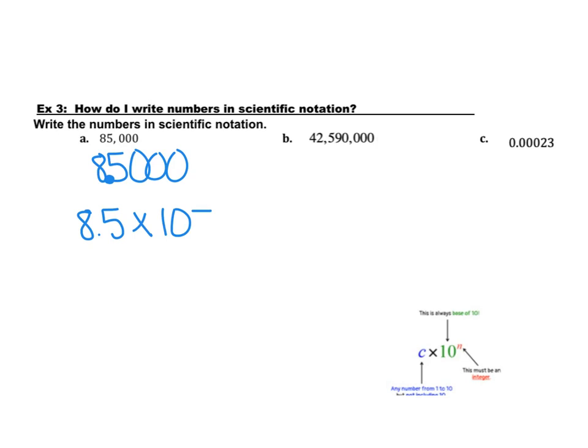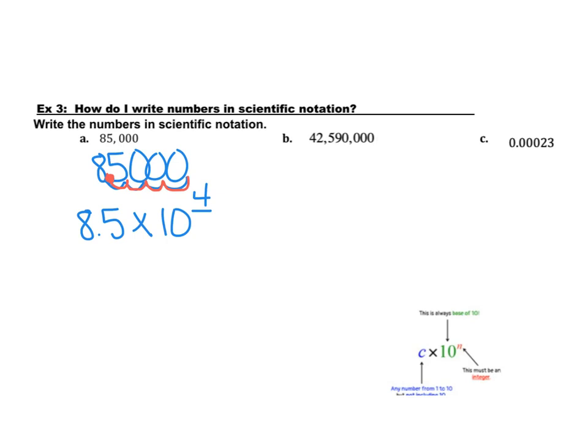First of all, did I make my new number bigger or smaller? I made it smaller, so I know that I have to have a bigger exponent, making that exponent a positive. And I made it smaller by 1, 2, 3, 4, giving me the fourth power. Now the other way of looking at that is to take that decimal place and where that was, and then determine how many places it would take. It'd take 10 times 10 times 10 times 10 to put it back, meaning that I have a positive 4